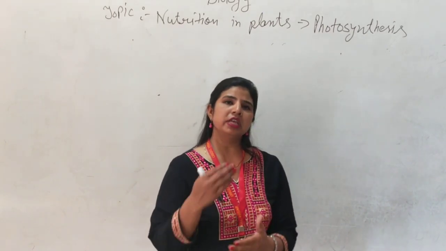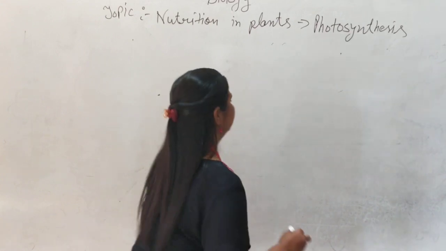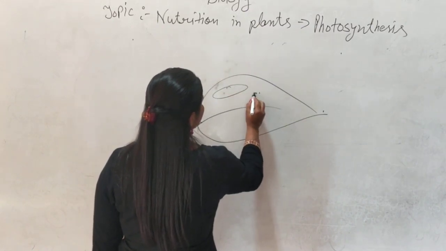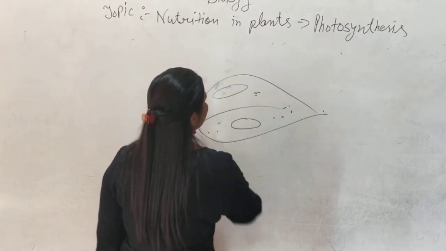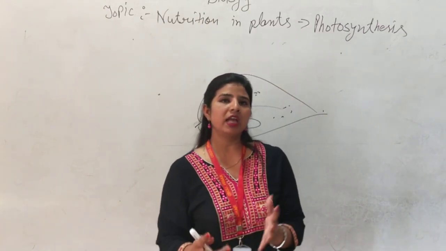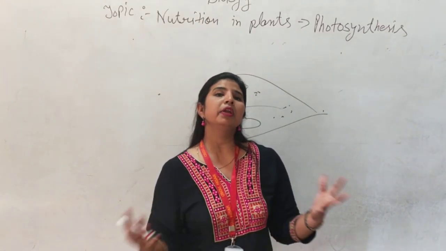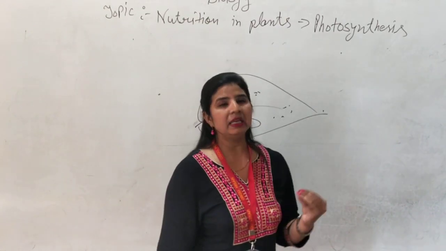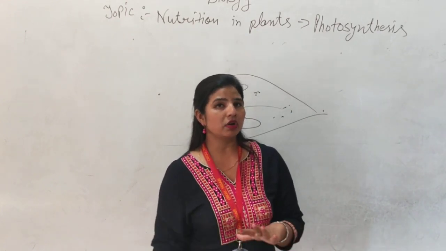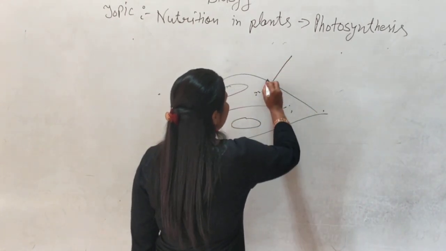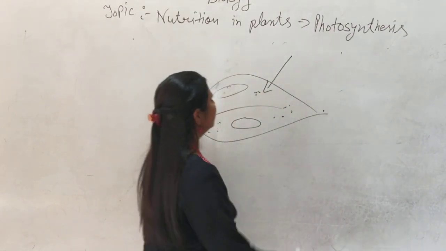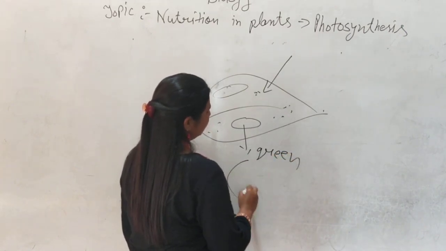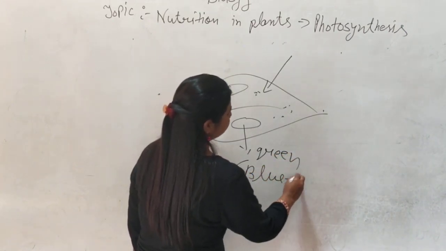Now what will you do? Just take it, break it, pluck it and boil it. You have taken a leaf which has patches, like somewhere green, somewhere not green. Now boil it. If you boil it, what will happen? The color will be removed. Keeping it in alcohol will remove the extra color of that. What will happen now? You will see that the color and everything has gone away. Now try to put some iodine over the leaf. You will see that where the green color was there, it will turn blue black.